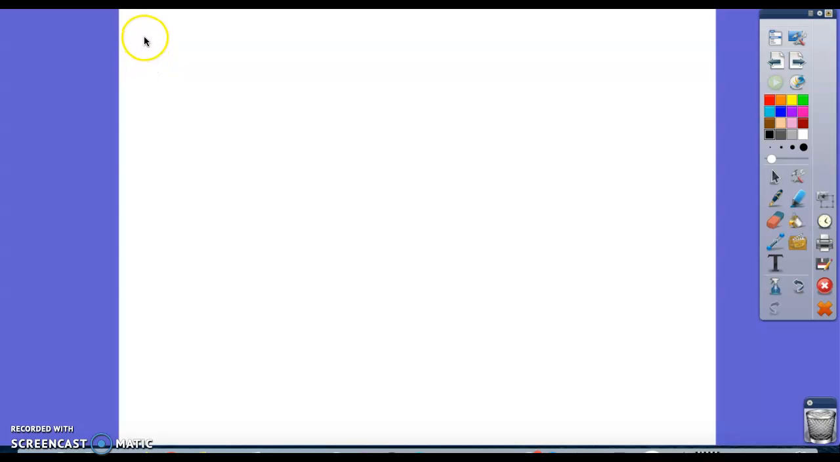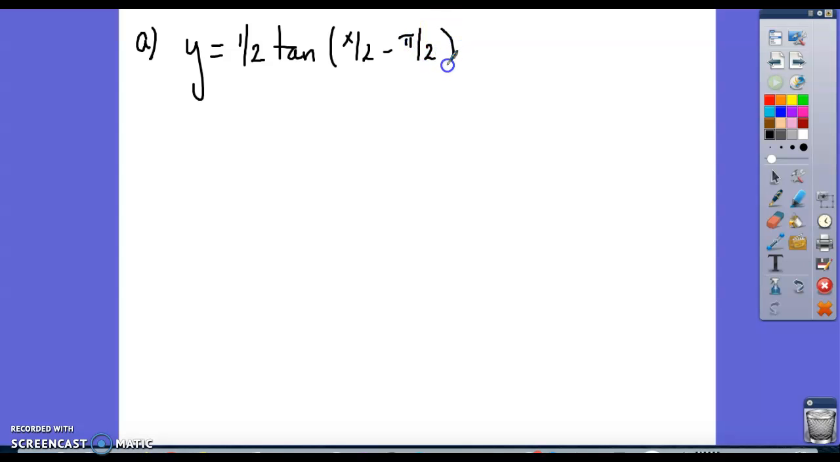Okay, last example, example 3, we're going to graph 2 periods of this function. We're going to look at y equals 1/2 tangent of x over 2 minus pi over 2 plus 1. All right, so I need to write this in standard form, which means that I need to factor out a 1/2,